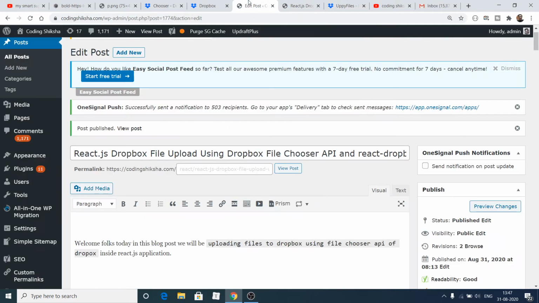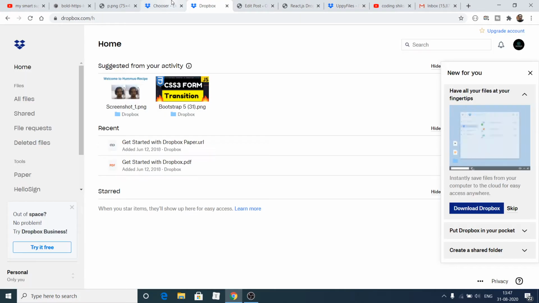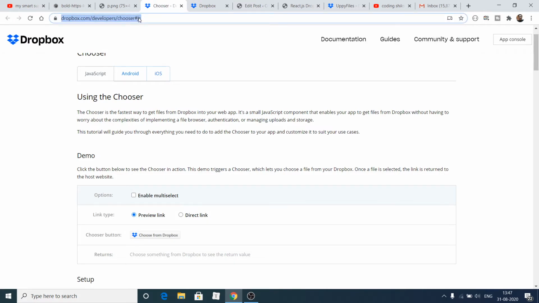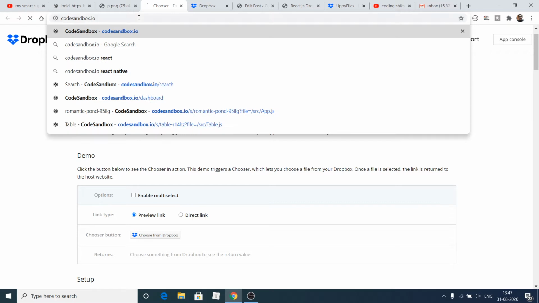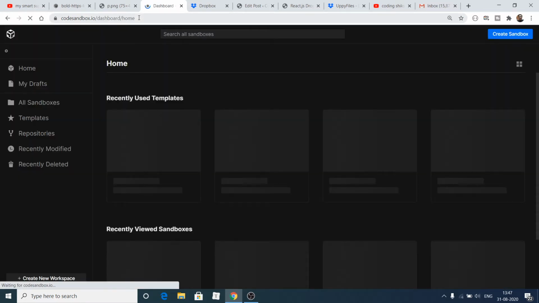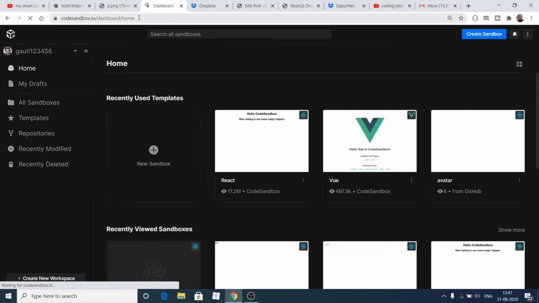And now to get started, guys, first of all I will be doing this in React. So first of all, you need to use this website, which is codesandbox.io. This is a great website to get started building React.js applications without having to waste time on a local development environment. You need to have a GitHub account.